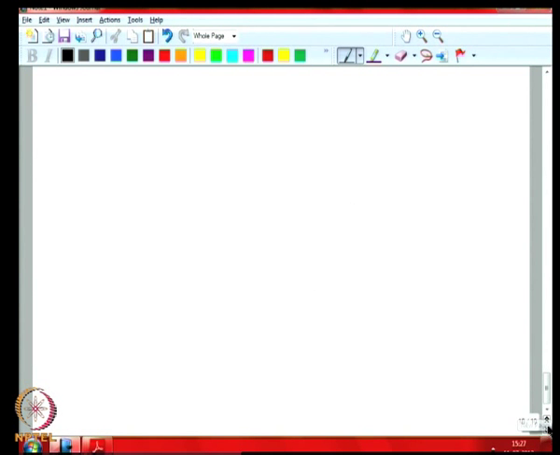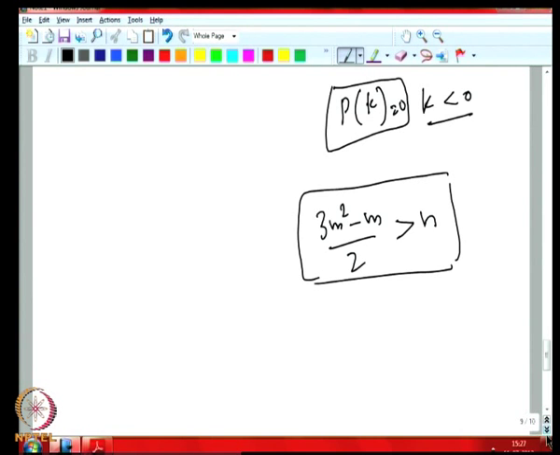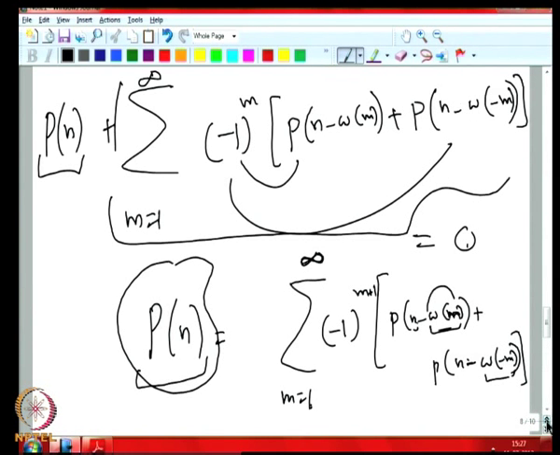So, for each of omega m, omega of minus m, we will have to consider so many values, right. I do not estimate it exactly. So, it is not a very nice recurrence relation in the sense that p of n is being expressed by some 2 or 3 terms which is smaller than n, p of some number which is smaller than n, but we have to consider about square root of n smaller values of n, and then we have to add them together.